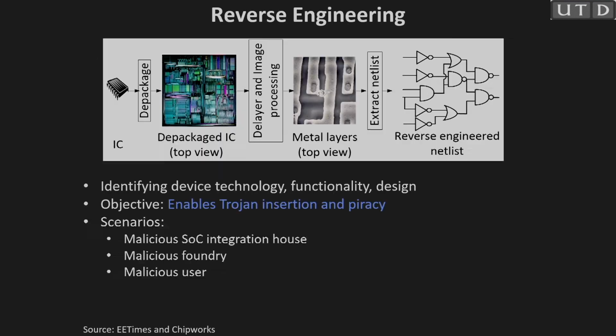And then the other important thing is reverse engineering. So, this is one of the most important threats: you have the IC, you buy something from the market, you depackage, you remove all these assembly and other things, you have the IC, and then you actually delayer and you do some image processing. So, this is a bit of an involved process, but then you try to see the actual layout structure, right. So, you just see the metal layers,